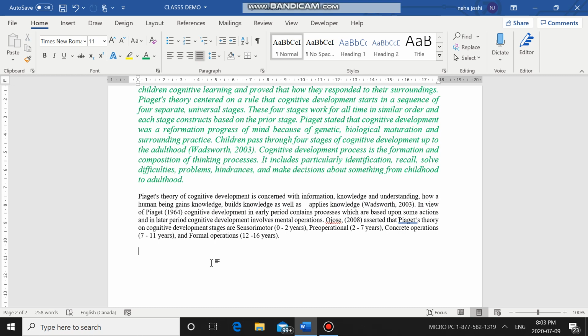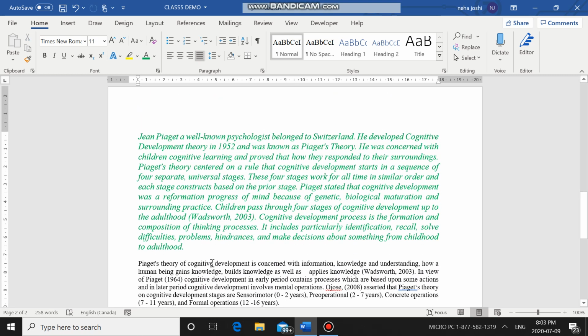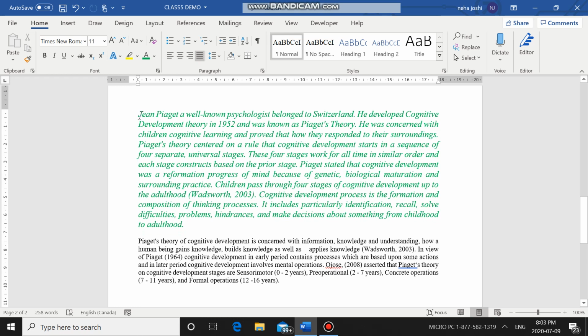So I am going to use this Format Painter tool. Why am I going to use it? When I want to copy the formatting of one section of text and apply the same formatting on another section of my text. So let's say in this example, I want to apply the formatting of this first paragraph to the second paragraph. You can see the first paragraph is all written in green color, it is in italics, and it has a larger font size. So I want my second paragraph to look exactly the same as the first paragraph. So how will I do it?